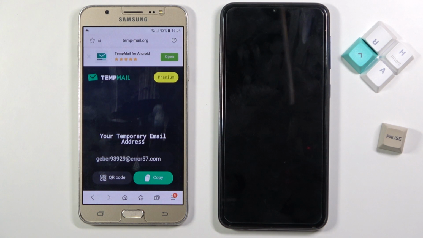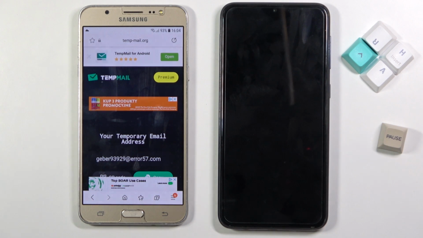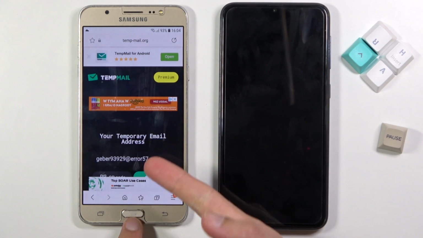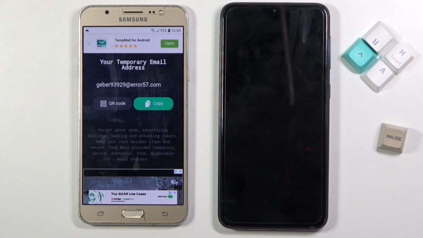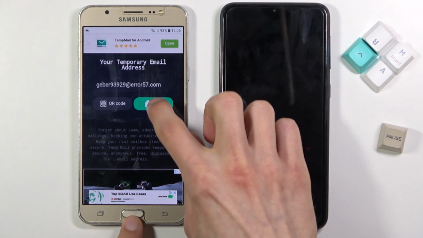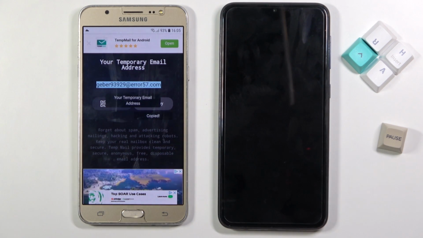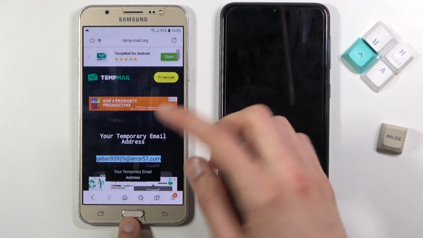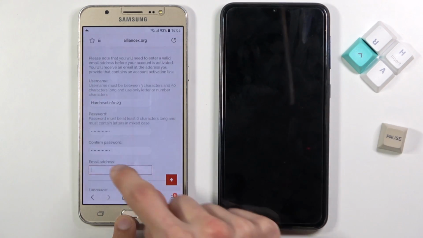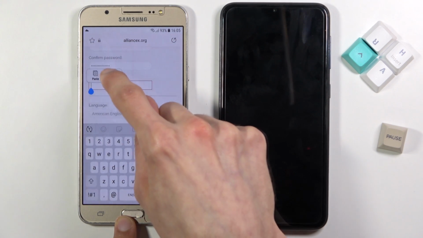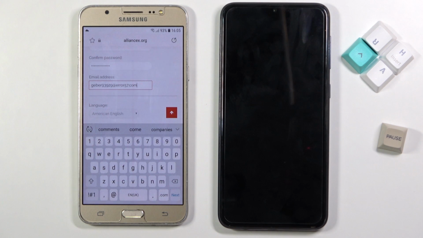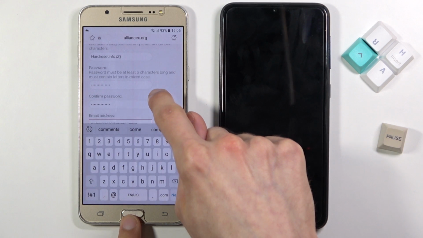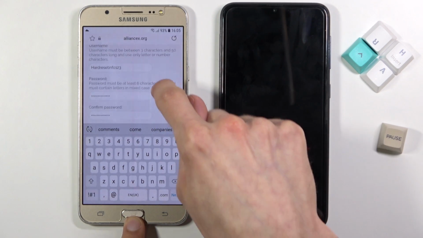What it does is just create a temporary email, which you can paste in anywhere to verify the account, and it will send emails to this email address, but after a certain time this email just gets trashed away and you won't be able to receive emails onto it. But still, for setting up a trash account that you're only going to use once, this is an amazing thing to utilize. So now I can just simply paste it in here, and if they send me some kind of verification that this account is mine, I'll be able to quickly check it. So anyway, we have the email address,